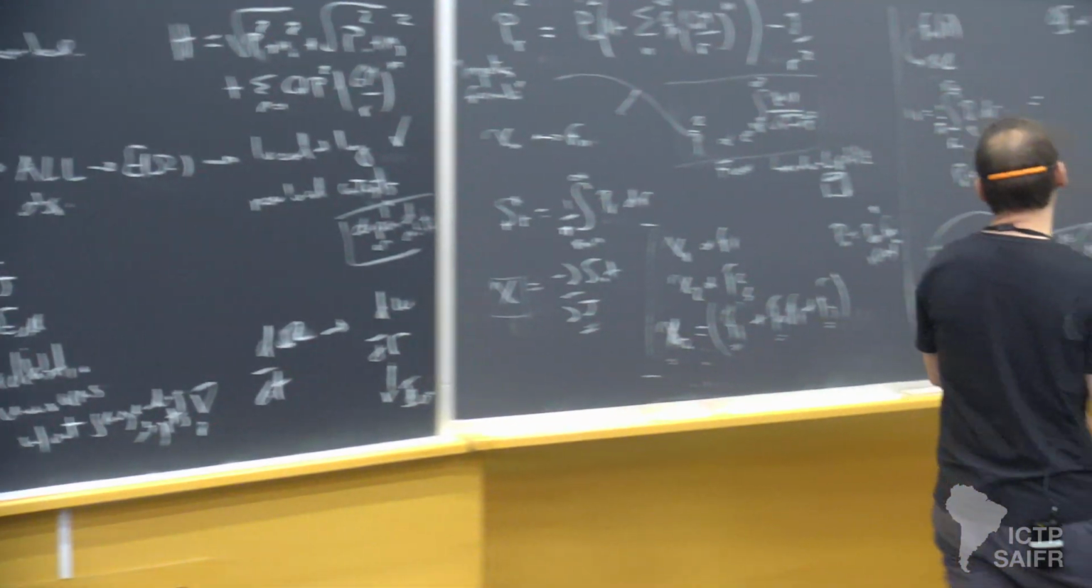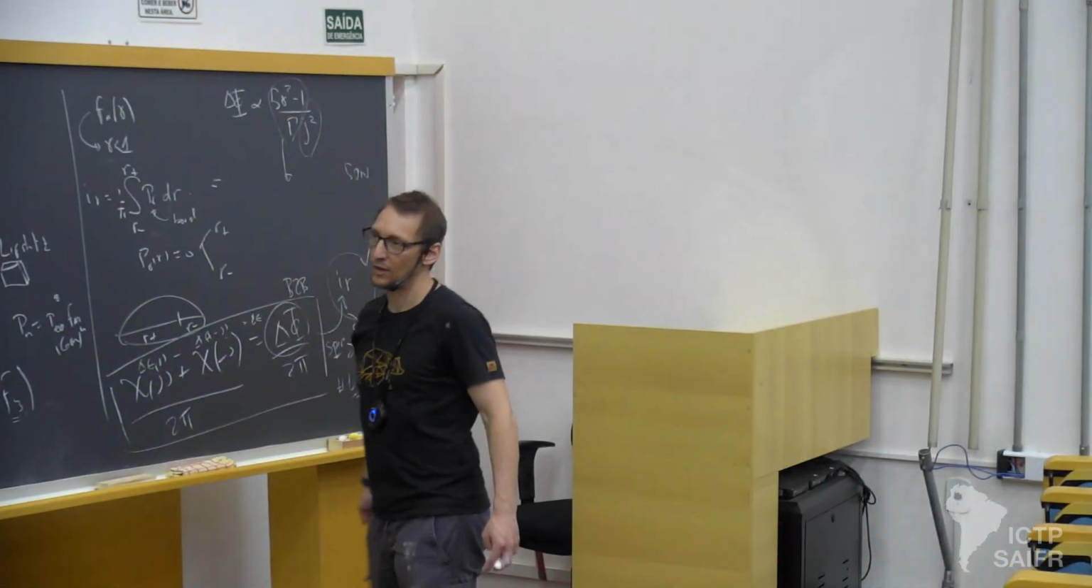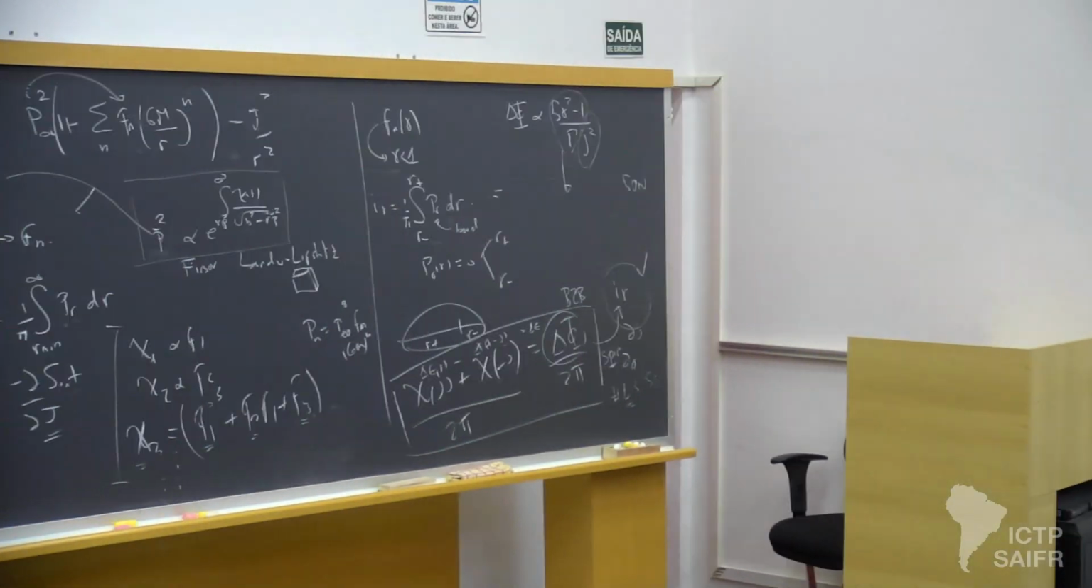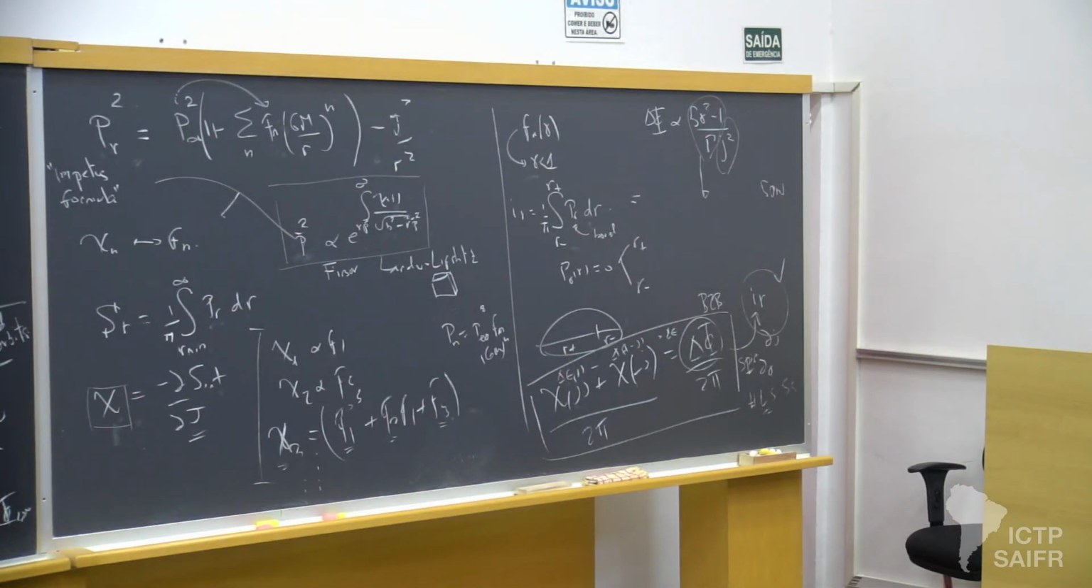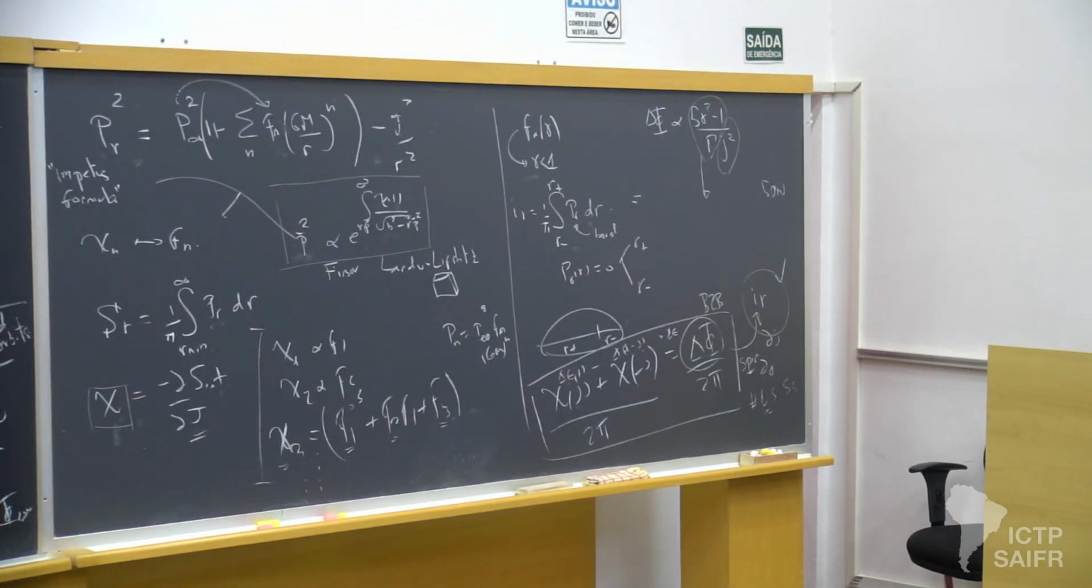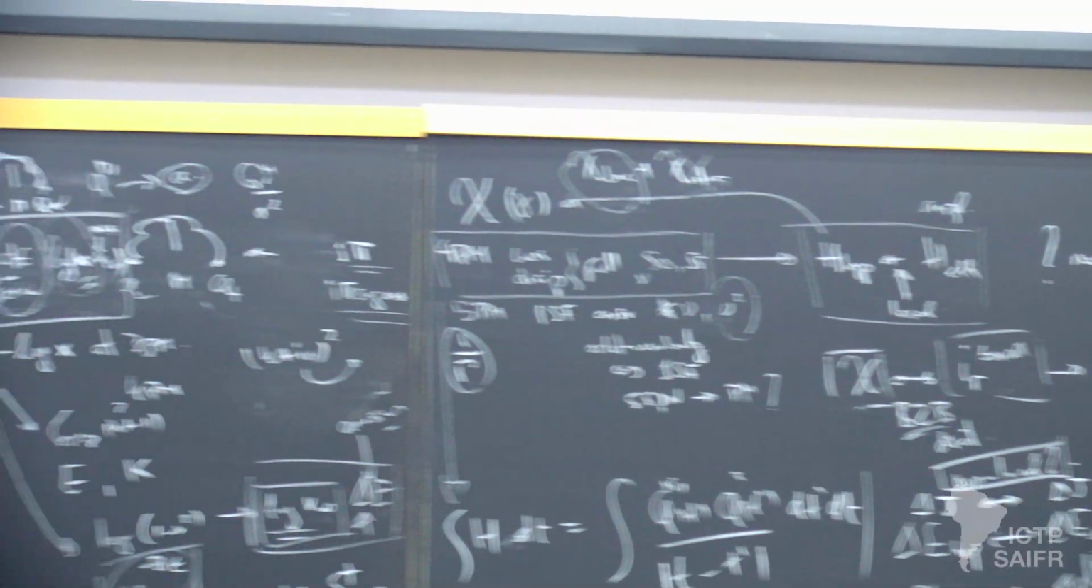I computed the angle already. I know what the periastron is. I computed the flux of energy for hyperbolic. How do I get the elliptic? Well, it's the same thing. The integral of the flux